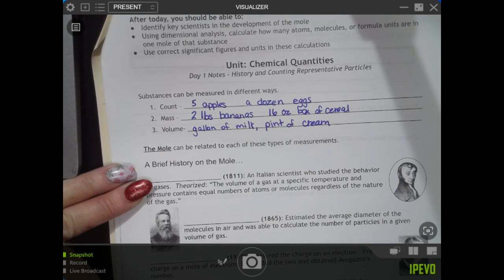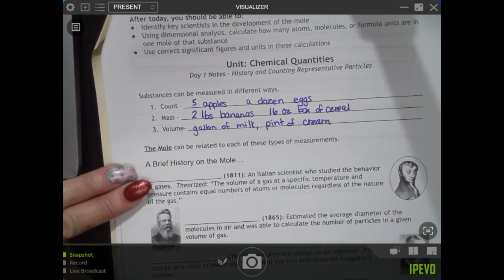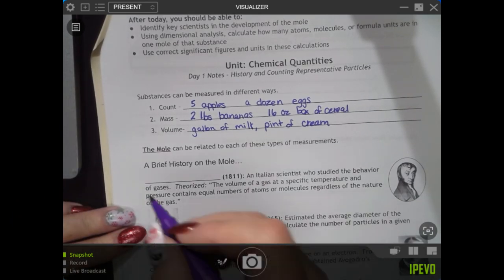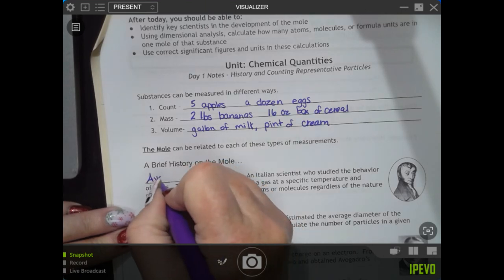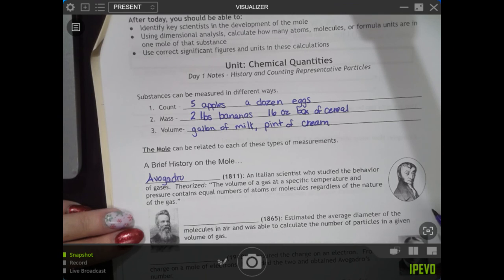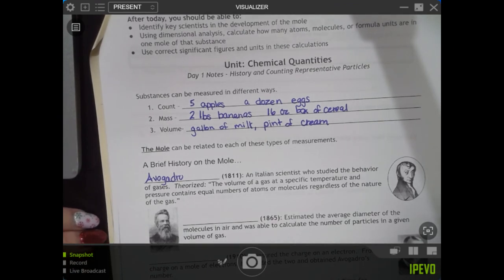Okay. Before we do that, though, we're going to talk a little bit of history. And we're going to talk about the scientists whose names are associated with this idea of the mole. And the first guy was Amadeus Avogadro. And I don't know if in your notes this is what he really looked like, but every picture I see of him is just this scary guy, kind of creepy. But anyway,